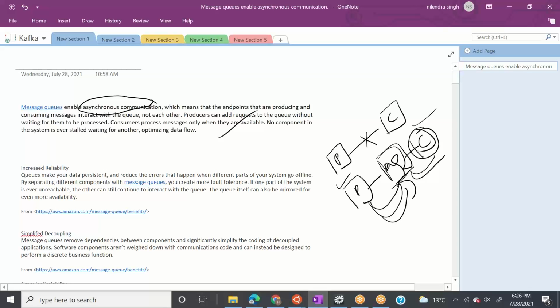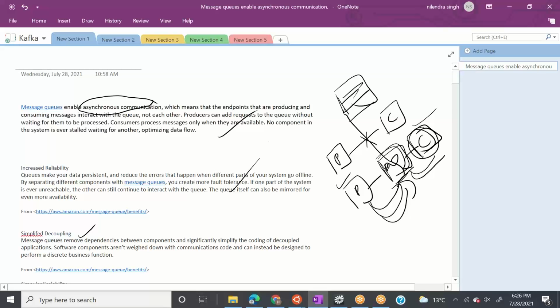There are so many benefits. The first benefit is it will increase reliability. Our MQ, which is sitting in between, will be persisting your data. It means they will be storing the data in their memory for some time. What that time is, we will come to know, but they will store the data. That means if any system fails, if your consumer or your producer fails, still when they are alive again, they will have the messages ready for processing, right? So it will increase fault tolerance, even though one of the systems is unreachable.